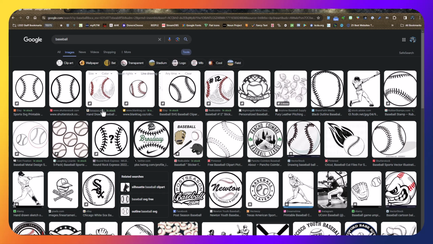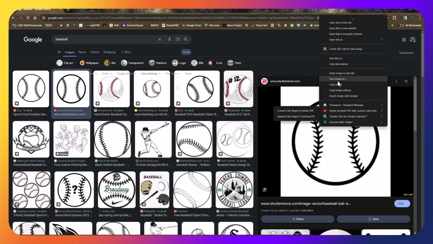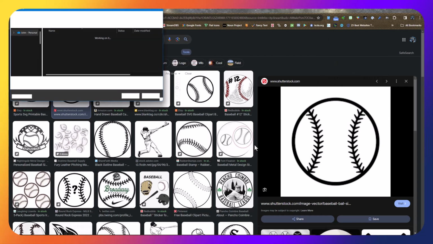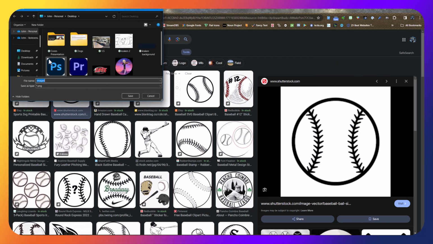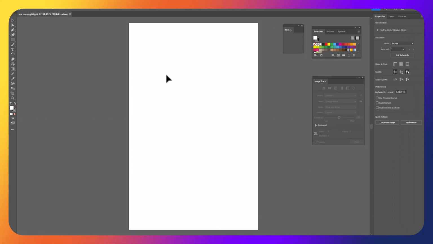I can grab any one of these. Let's say I grab this baseball right here. I'm going to save that image. And the reason why I'm going to save it is I might make a mistake along the way and want to re-import it later. That way I don't have to go searching again. So there we go. I've saved it to my computer, and I'm going to come back to Adobe Illustrator, and